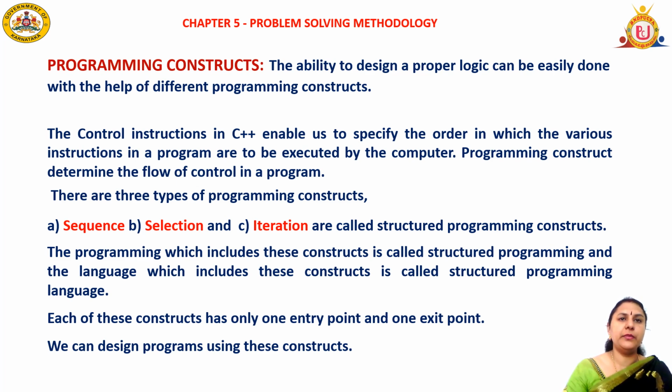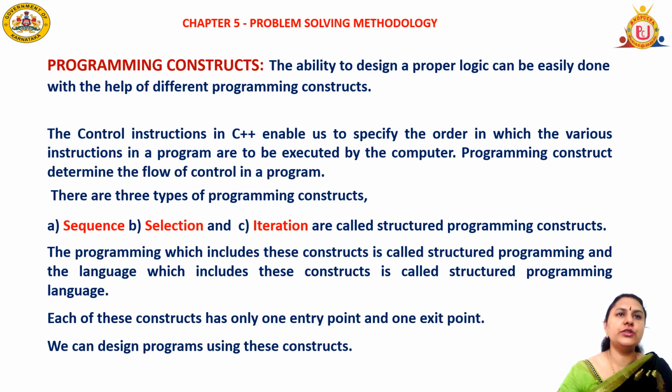Space complexity means how much memory is needed by the algorithm to run. Time complexity means the amount of time to process or execute. Next is advantages and disadvantages of algorithm. Flowchart: a graphical representation of a procedure or an algorithm is called flowchart. Advantages and disadvantages of flowchart. Next, symbols used in flowchart.